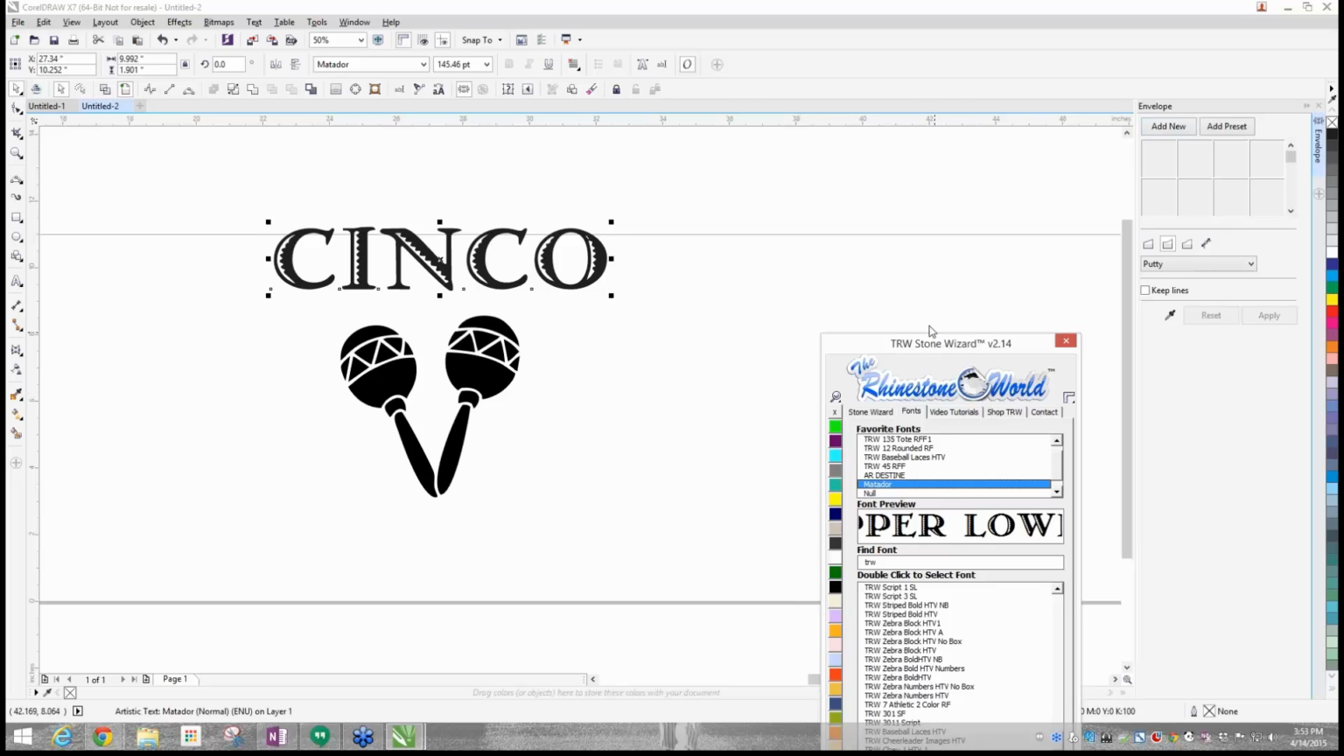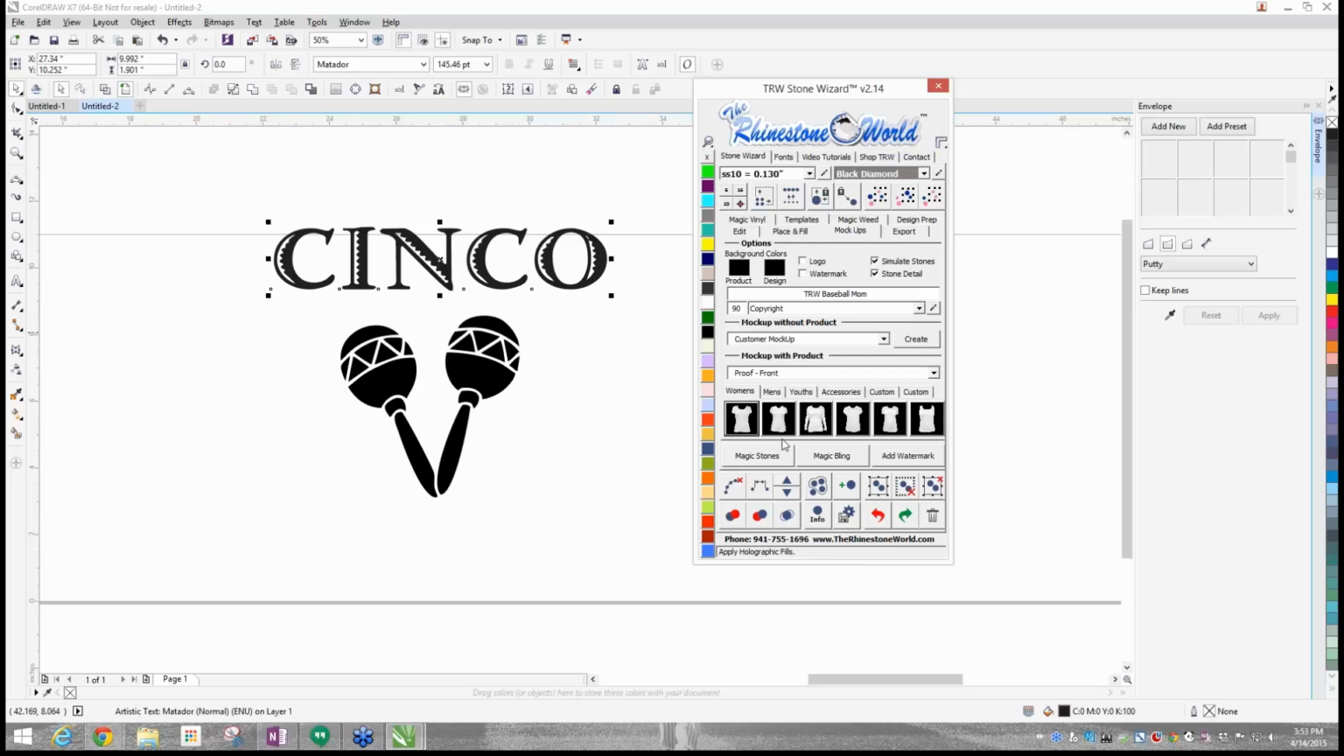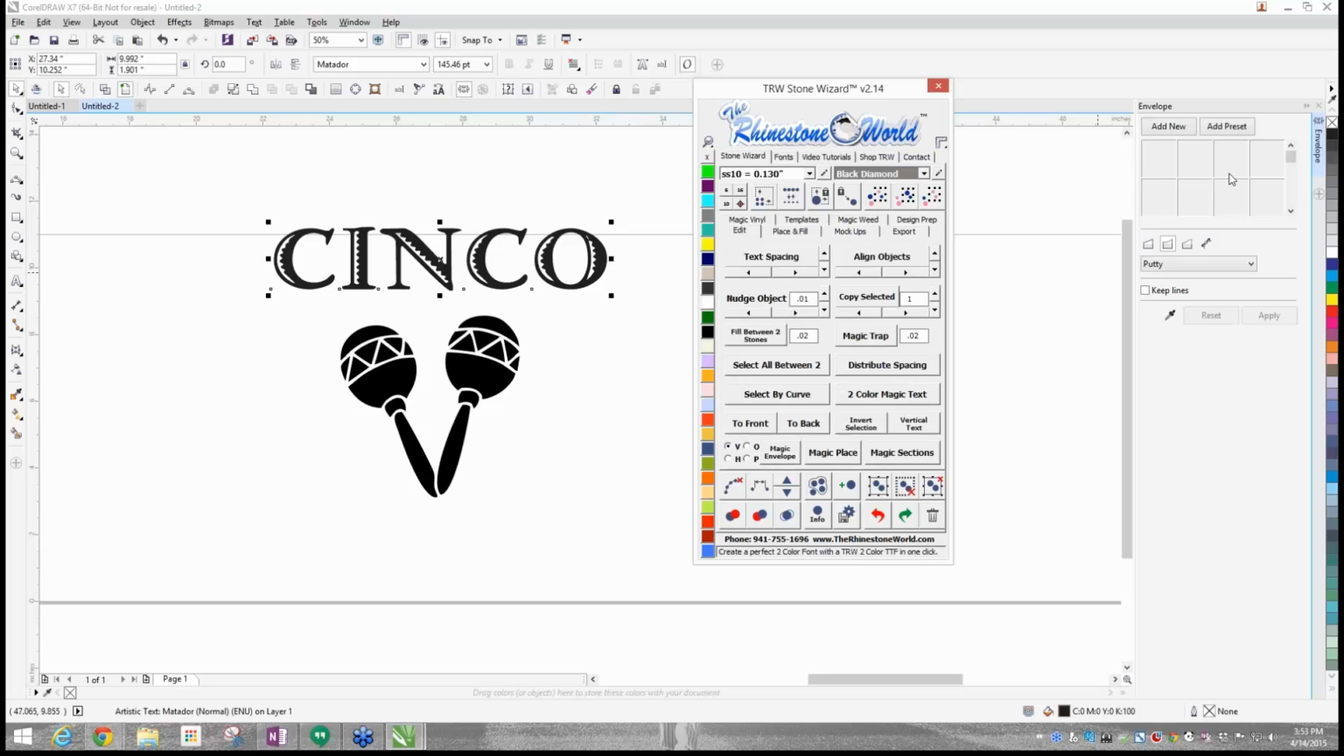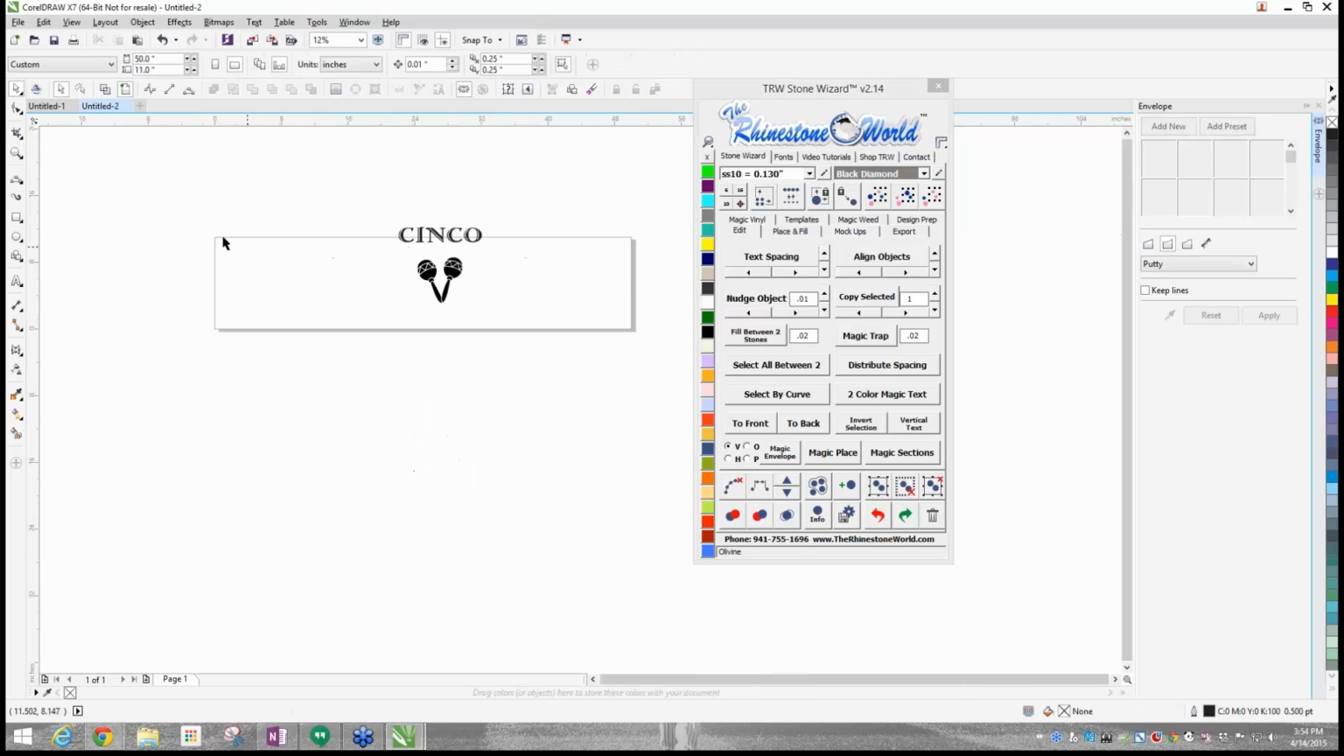Actually, Liz, I'm glad you brought that up, because we do have a magic envelope in our wizard. Now, the magic envelope is not the same thing as this. The magic envelope allows you to select one word. So I can select a Cinco here, and say